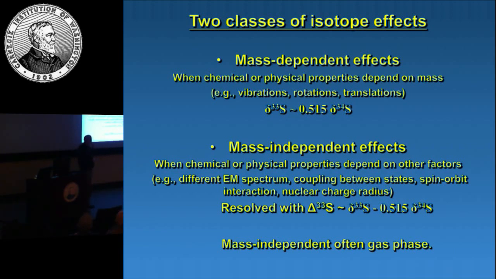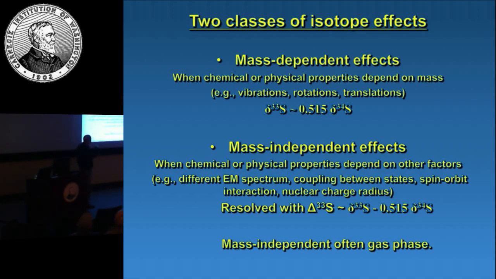There are processes that are called mass-dependent processes. They arise because the sulfur isotopic substitutions of 32 for 33 or 33 for 32 changes the mass by 1 atomic mass unit, but 34 for 32 changes it by 2 atomic mass units, and it changes the chemistry slightly and subtly, but in very consistent ways. And so it primarily results from motions, so it results from vibrations, rotations, translations of gas phase molecules.